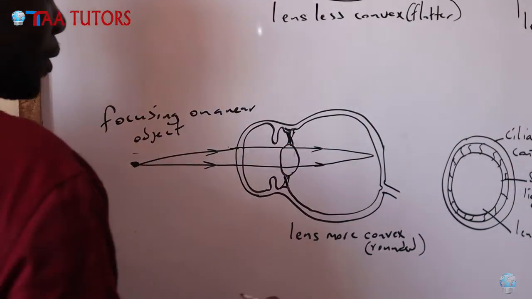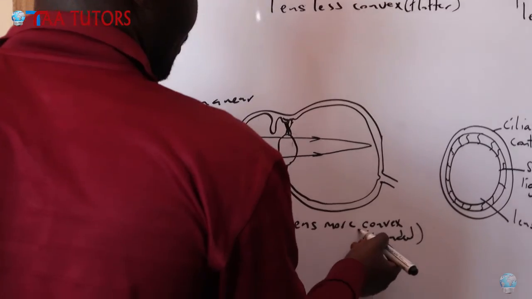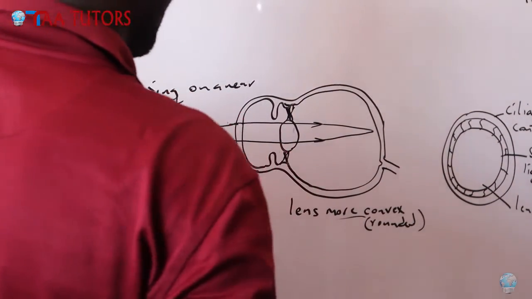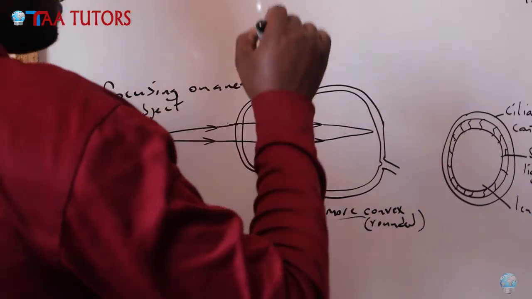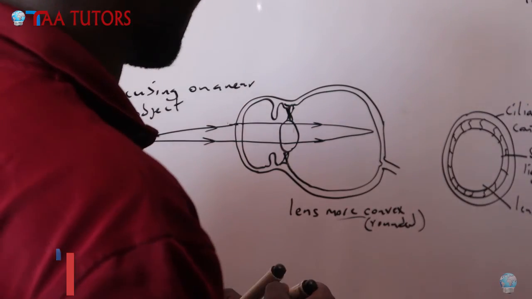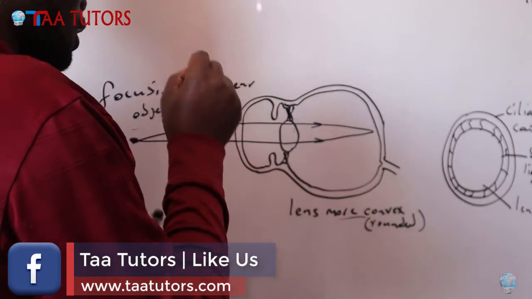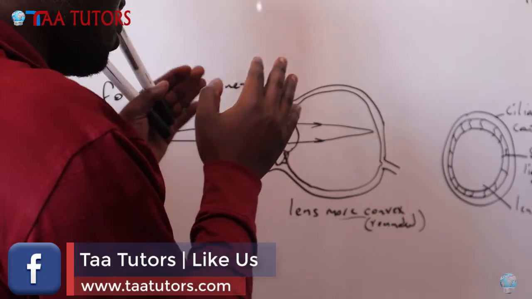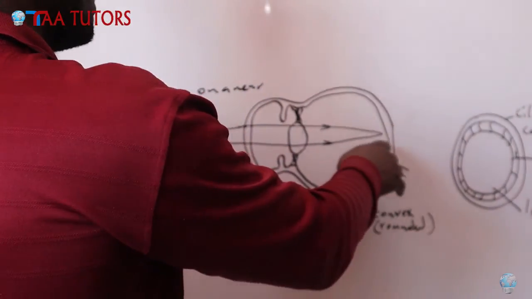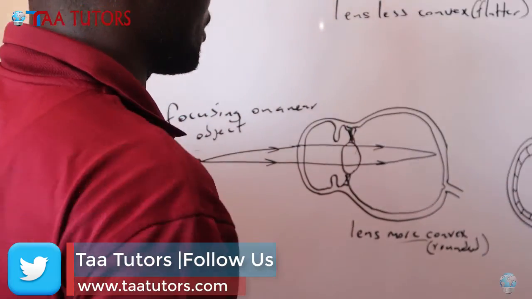That can be done when the lens is more convex. So when these rays reach the eye from a near object, the lens must be more round, more convex, so that it is able to converge these rays onto the retina,